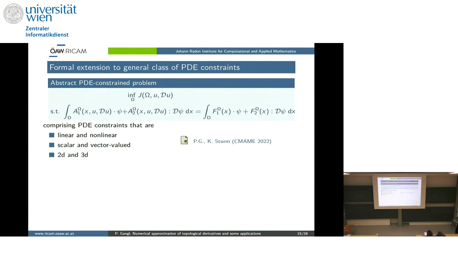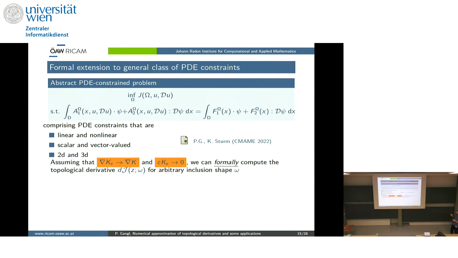Yeah, we actually showed this procedure for a very general class of PDE-constrained problems, the most general class of elliptic problems, I have to say, that we could think of. Anything that you can write in this form, including linear and nonlinear PDEs in scalar and vector valued case, in particular also nonlinear elasticity case in 2 and 3 space dimensions. So we did formal computations, so we didn't do the proofs for the asymptotic analysis. But if you formally assume that everything works as usual, then you can get a formula for the topological derivative, which you can